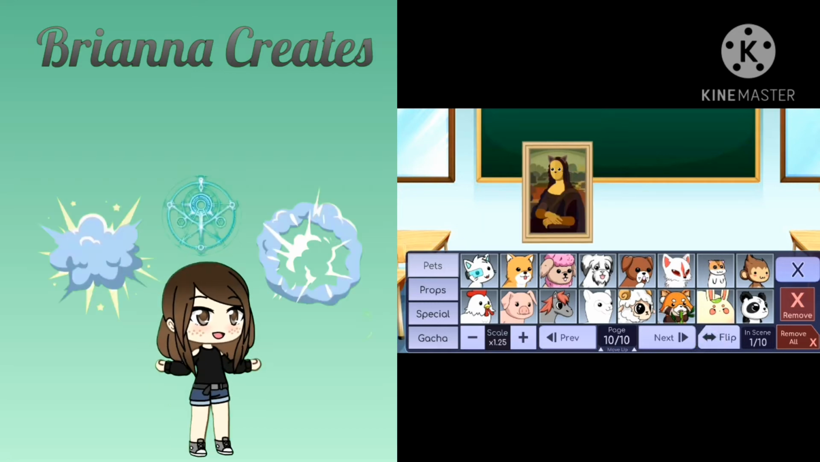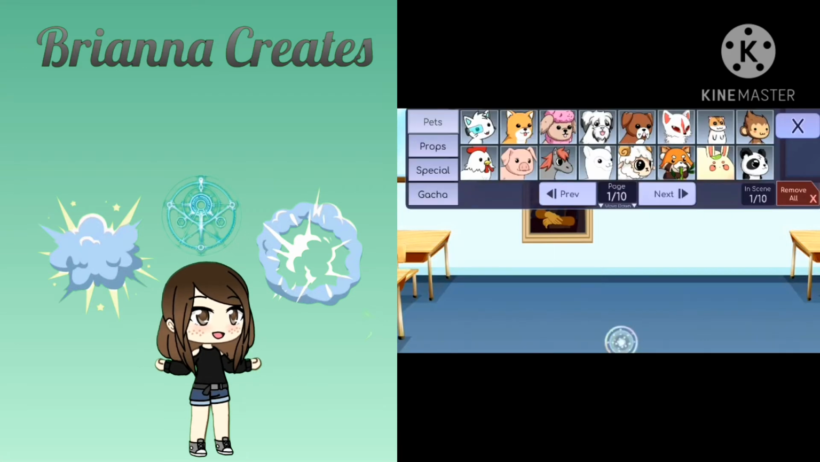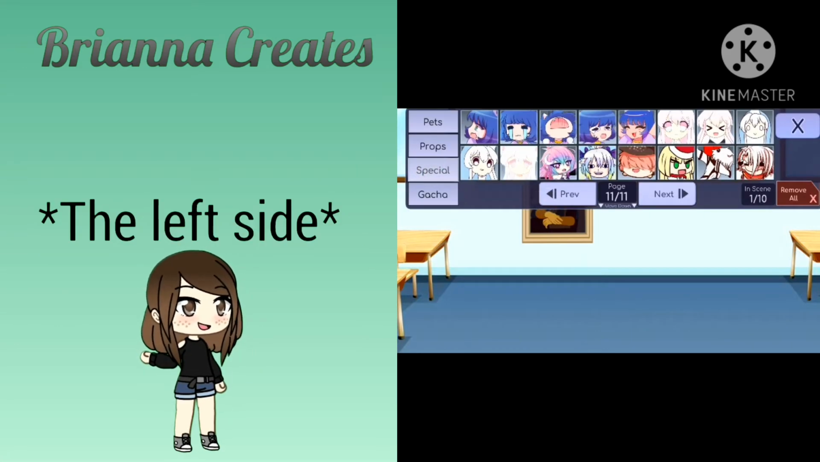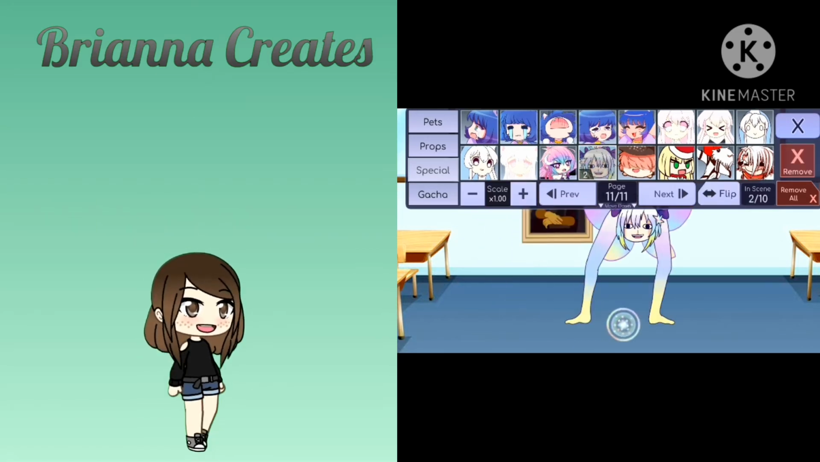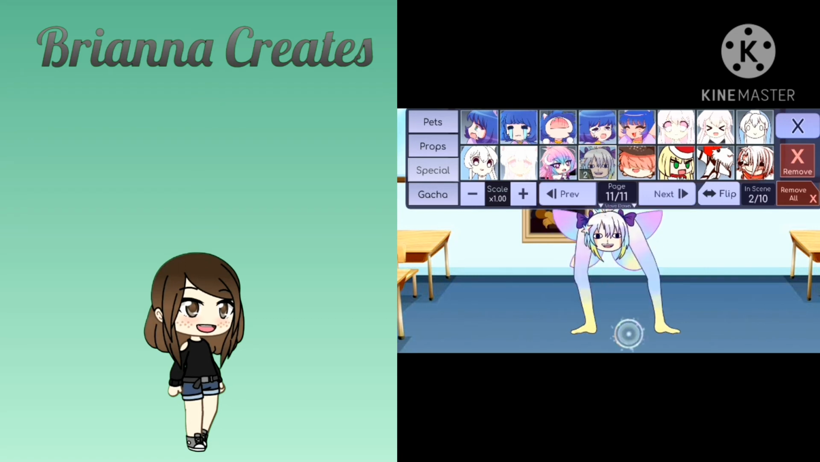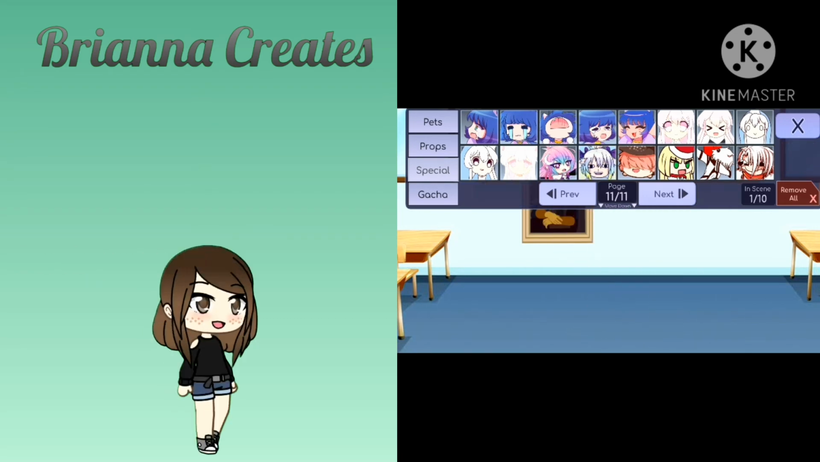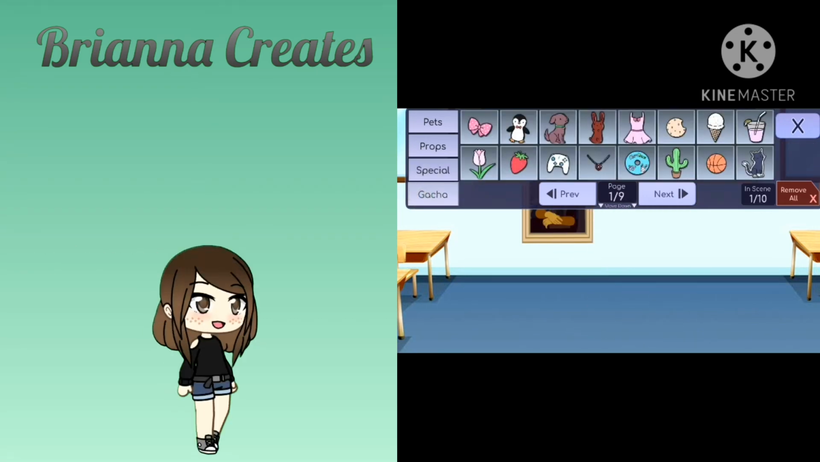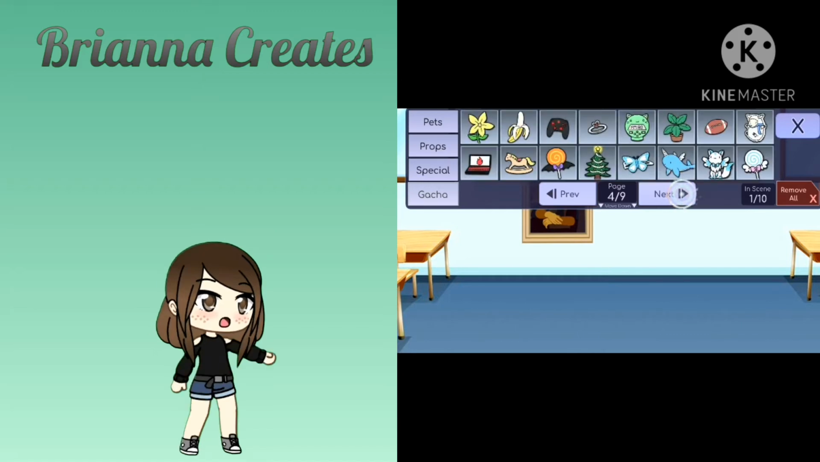Then there's also special, which are special effects. Also, if you go to this side, then there's animated ones. This one is very hilarious, but also kind of creepy at the same time, but you do you. And then there's also gacha, which is what you use your diamonds on. As you can see, I do have a good portion of them,